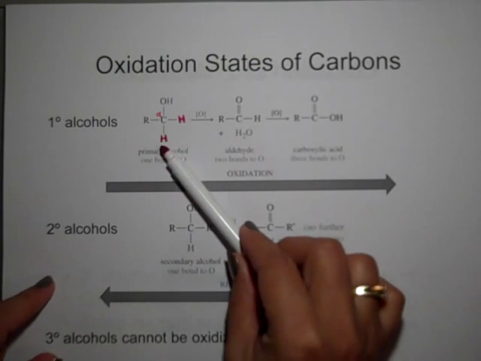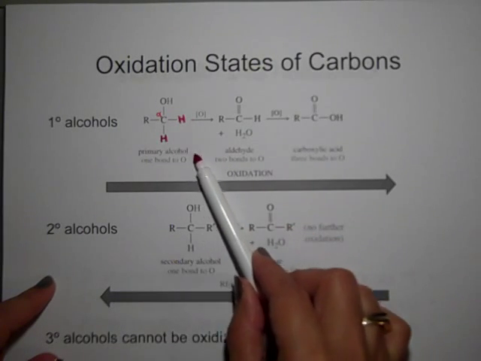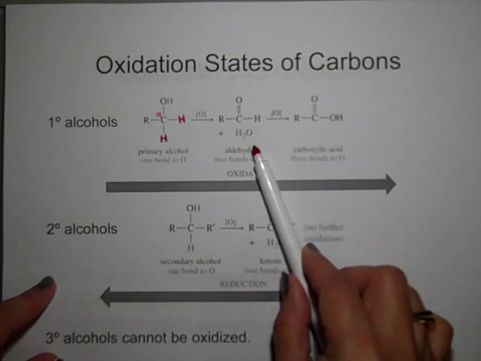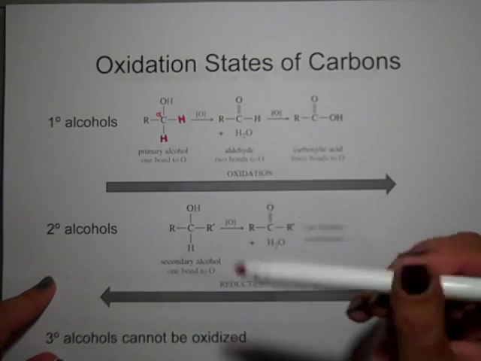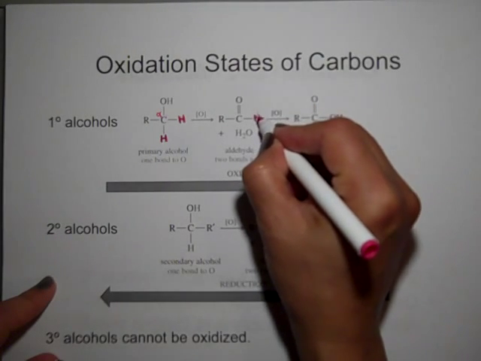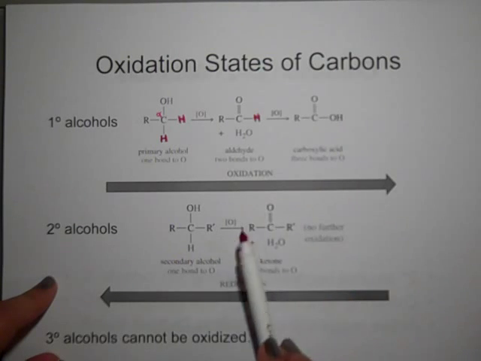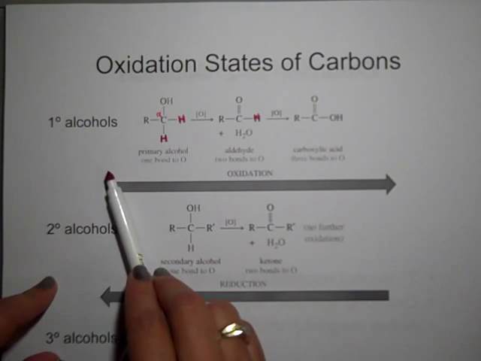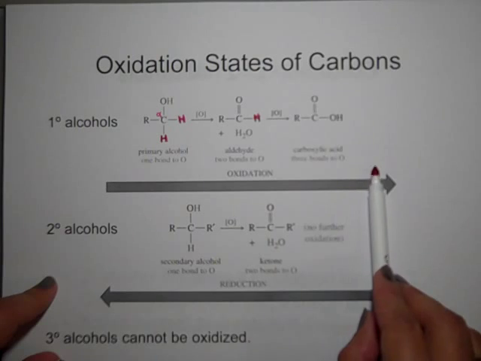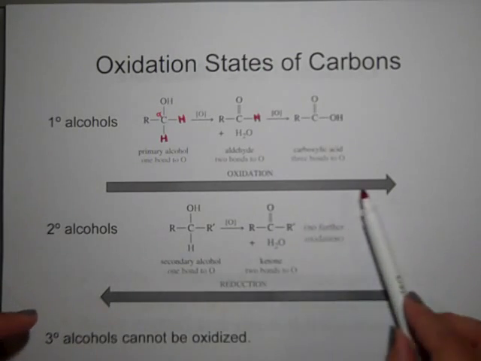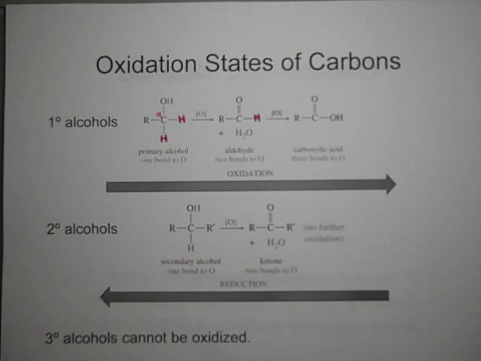So for example, I have 2 alpha hydrogens. If I take one away, if I oxidize once, I get an aldehyde, or I can oxidize again because I still have a hydrogen attached. I can oxidize again to the carboxylic acid. So again, as I increase the bonds to oxygen or the number of oxygens, I'm oxidizing